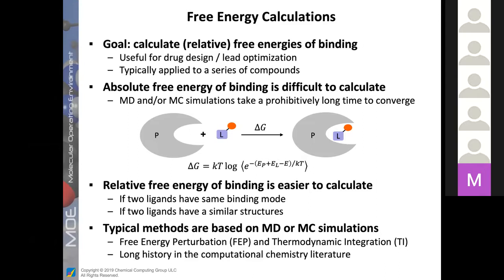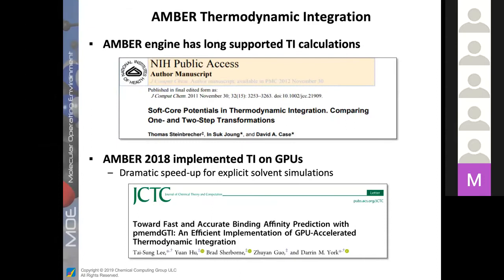So typical methods, we saw MC and MD today, and we talked about free energy perturbation and thermodynamic integration. There's a long history in the literature on all those methods, but since in 2018 the AMBER group released TI for GPUs, we really saw that there is now a possibility to,